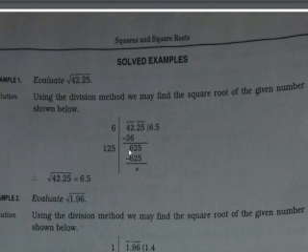So 6 sixes are 36, and while subtracting it comes 6. Now you can see the next pair is after the point, so here the point has been kept and it becomes 625, and double of 6 is 12. So now after keeping 5, all of you know 125 into 5 is 625. Simply you can multiply also. If you don't know, then you can see 5 fives are 25, carry 2, 5 twos are 10, and 2 is 12, and then 5 ones are 5, 1 is 6, so it becomes 625. So what happens, 6.5 becomes the root of 42.25.